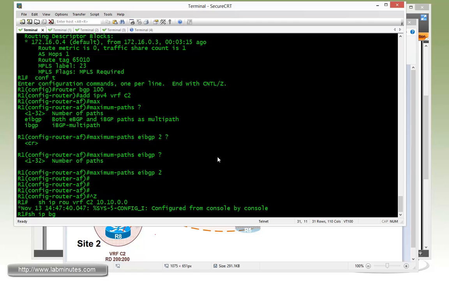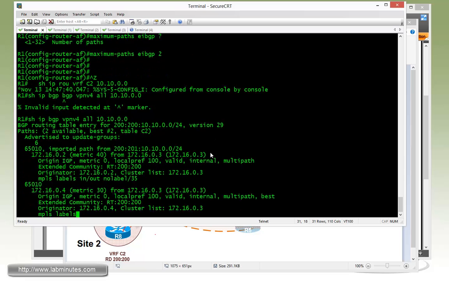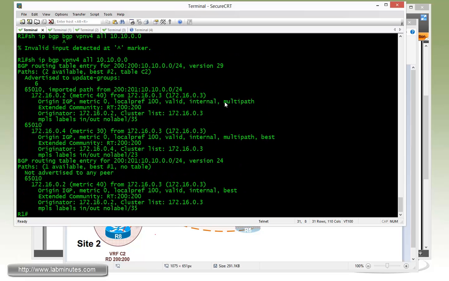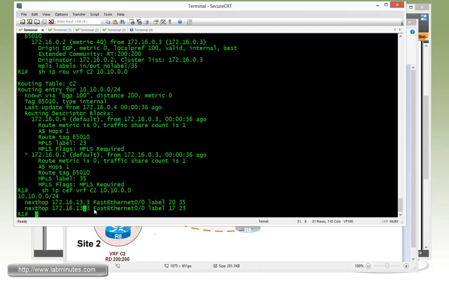let's do show ip bgp vpnv4 all 10.10.0.0. So I have too many BGP. There you go. You can see how the route gets tagged with multipath at the end, although it's still saying that only one of the routes is best, both routes get tagged with multipath. That means if we do a show ip route vrf, we should be seeing two equal cost paths in the routing table. Also if you do show ip cef vrf C2 10.10.0.0, you see two paths that it can potentially load share the traffic over,